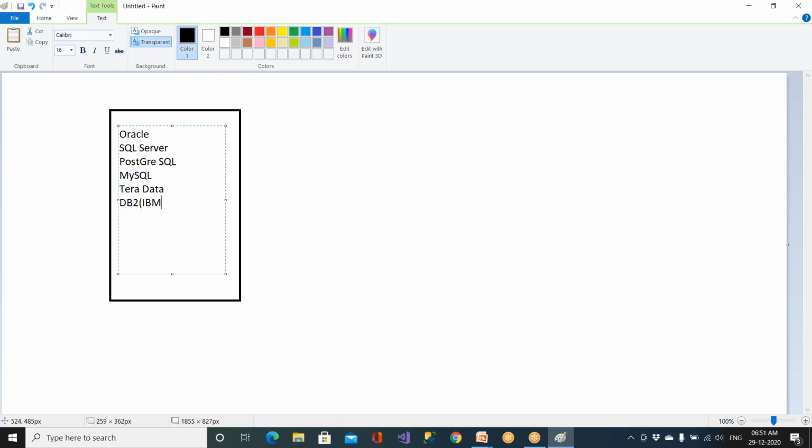This is from IBM company, right? And Netezza. This is also from IBM company. There are thousands of RDBMS softwares available. These are called RDBMS softwares, or people will say RDBMS tools or apps, RDBMS applications or apps.